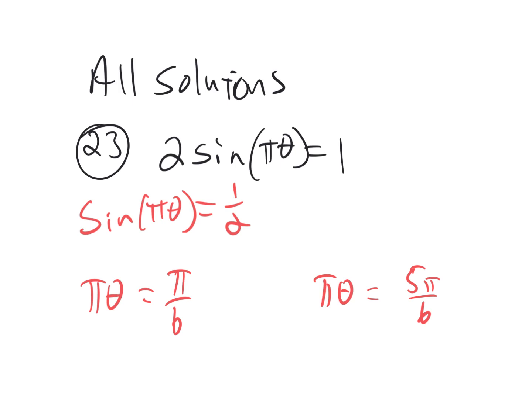And then because we're looking for all solutions, we've got to add that plus 2 pi k, right? Because you can go all the way around again. And the same thing here, plus 2 pi k. Now we've got to deal with this pi. So what we do is, because I want to know what theta is equal to, not what pi theta is, I'm going to divide by pi or multiply by 1